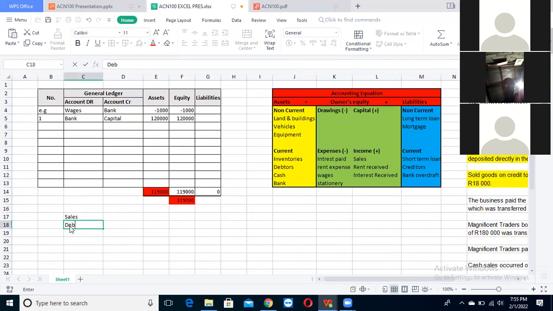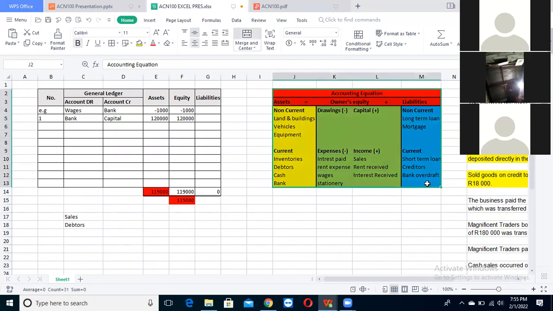So when we sell goods on credit, we create what we call what? Debtors. So whom are we crediting? Whom are we debiting? We first look at the sales account, and we try to locate our sales account in this section here. We see that we'll find the sales account under the income in the owner's equity section. And what does